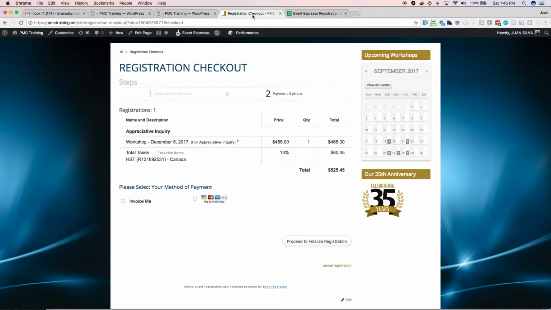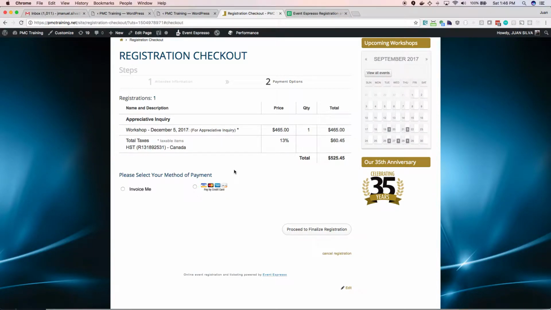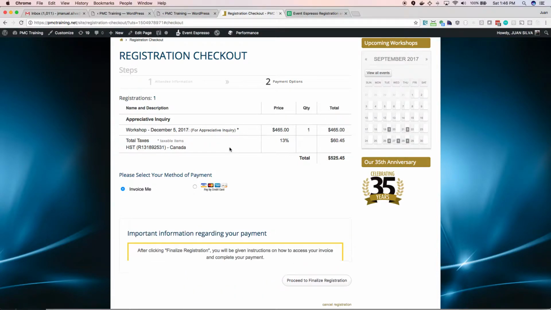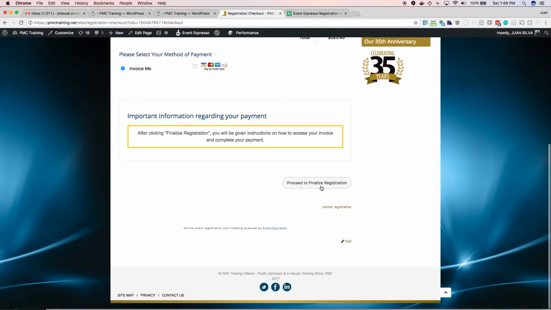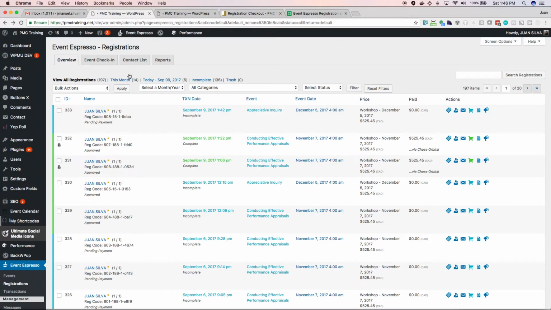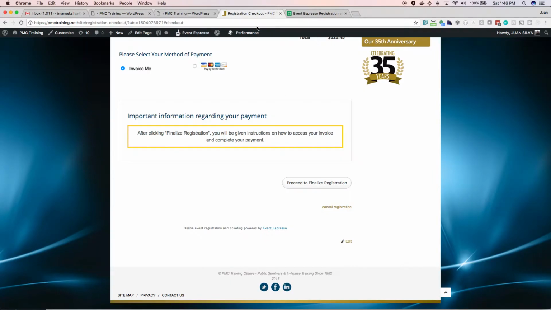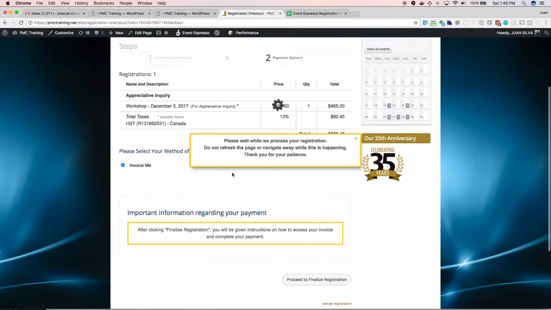So I'm going to go back and now I'm going to select a method of payment. And here's the difference with what was causing confusion before, is that if I selected Invoice Me and then I clicked Proceed to Finalize Registration, before, the status of this registration wouldn't change. It would continue to be on pending payment and incomplete. And that's the confusion, right? Because if somebody aborted before getting to the last step, we wouldn't be able to tell the difference. But now, if I click Proceed to Finalize Registration,